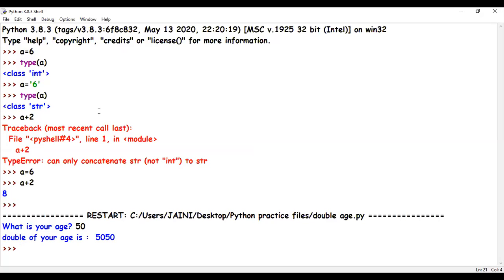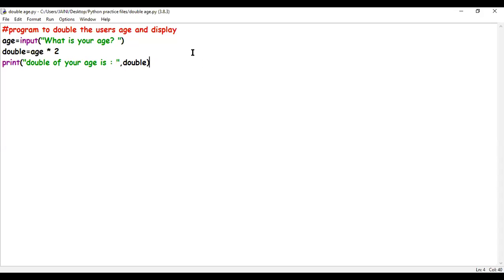Why? Because I have not used typecasting. Let me show it to you all. So sorry, I do this error again and again. Good, you get to see my face. Okay. So over here, I have not put integer, so I write int. So now whatever age will come, we convert it to integer and then go.